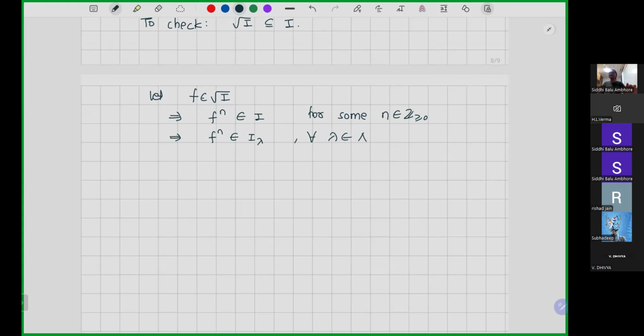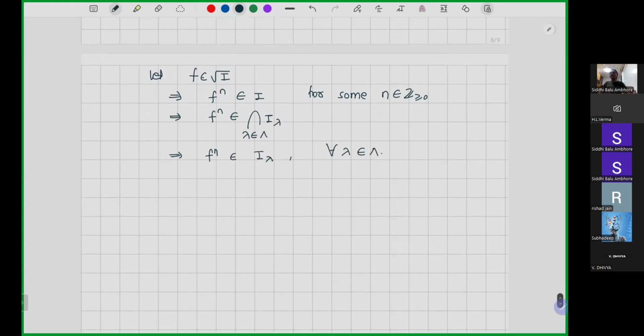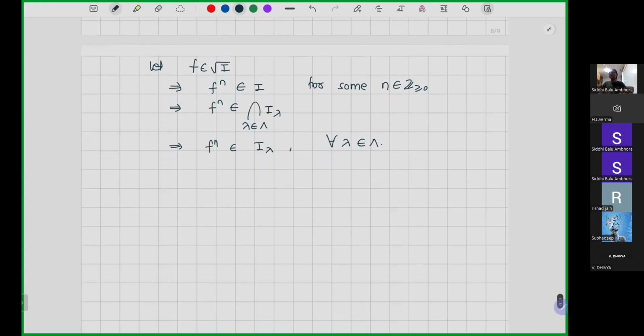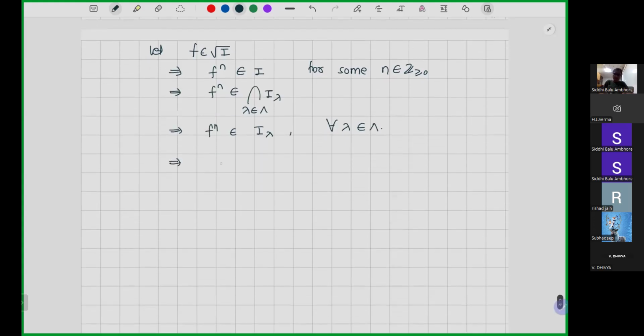Is this clear? This is the definition of I, right? I is the intersection of I lambda, lambda belongs to capital lambda, and this implies that f power n belongs to I lambda for all lambda in capital lambda. Is this clear now? Since they are prime, then it's done. Exactly. So since each I lambda is prime,